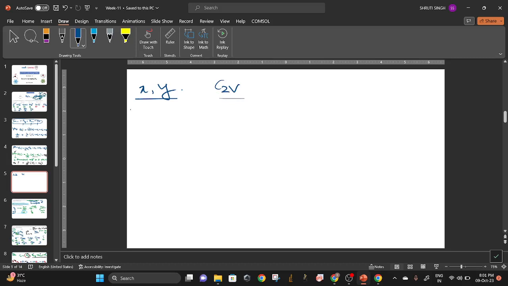Suppose when you apply E, nothing will change. So x will remain x, y will remain y. If you apply C2, suppose x becomes y, y becomes x. Any of these two possibilities will be there. Either they will get interchanged,